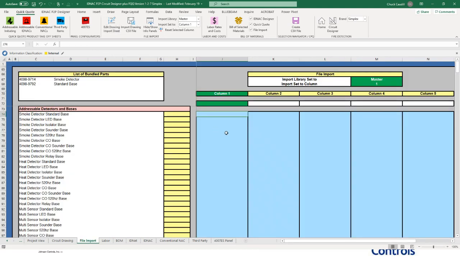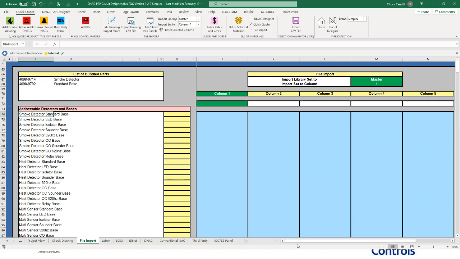There are programs out there such as Bluebeam, for example, that you use to do takeoffs of a PDF, and it will count all of your devices for you. Since it's already done the counting, why would you want to redo things by hand and input it? You can actually import those drawing totals right into here. What that looks like is we have a standard library of phrases. So when we import the Bluebeam output file, anytime we see the words smoke detector standard base in it, it automatically maps to our 9714 or 9792 device.